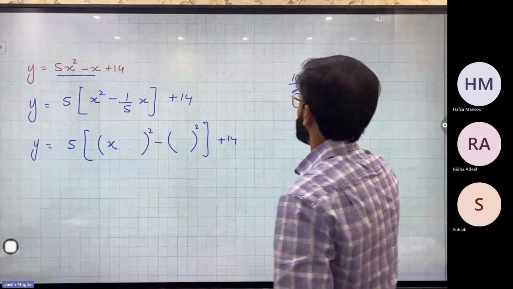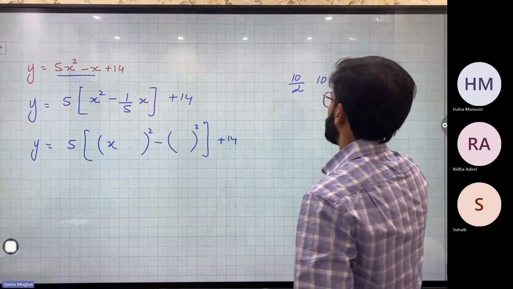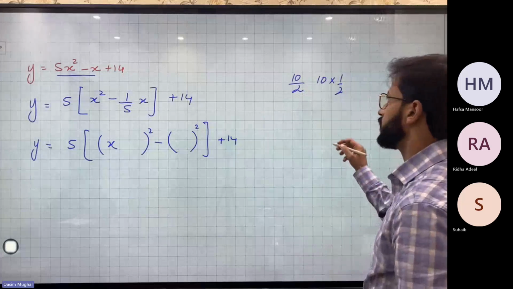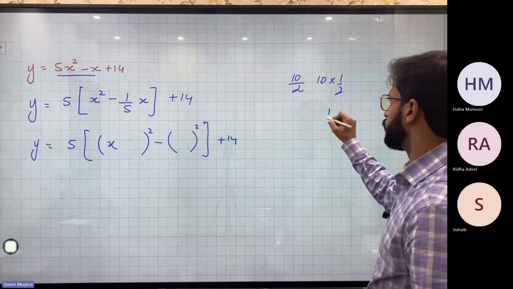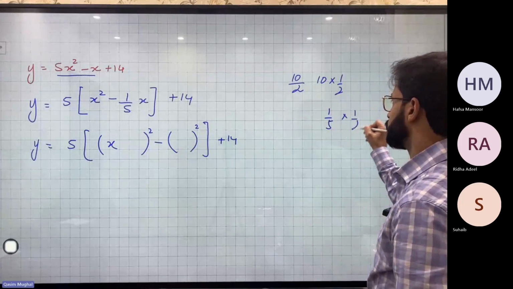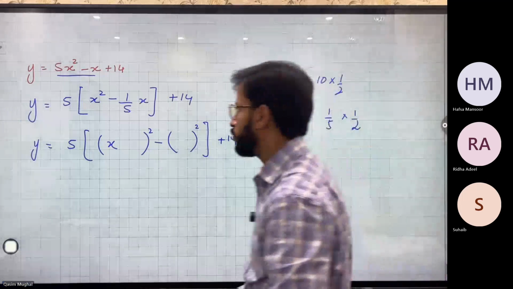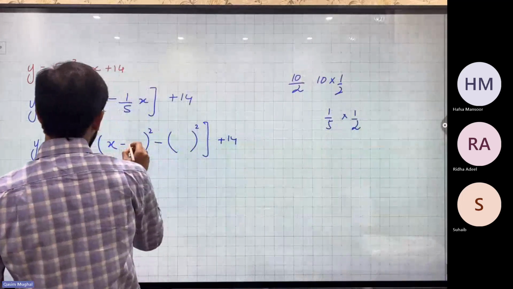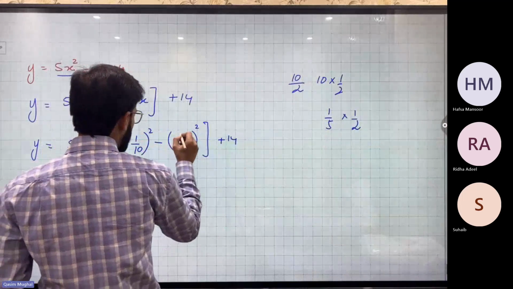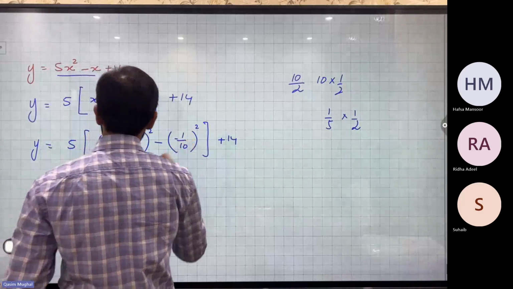We divide it with 2 or you can say we multiply it with 1/2, ठीक है, तो वो 5 आता है 10 का हाफ। सो 1/5 को जब आप 1/2 से मल्टीप्लाई करेंगे तो क्या आएगा? 1/10, तो -1/10 एंड देन -1/10।